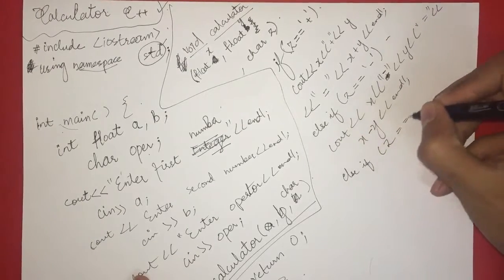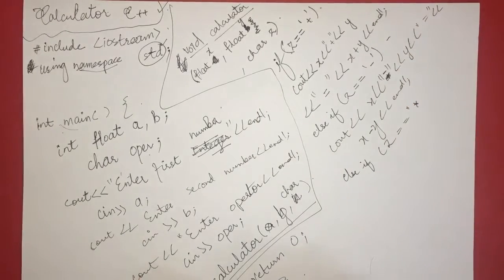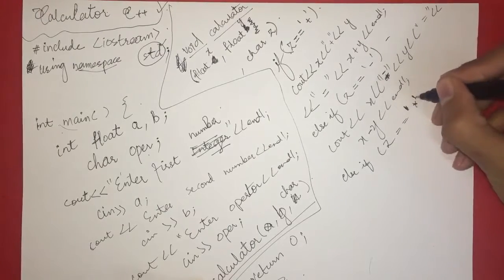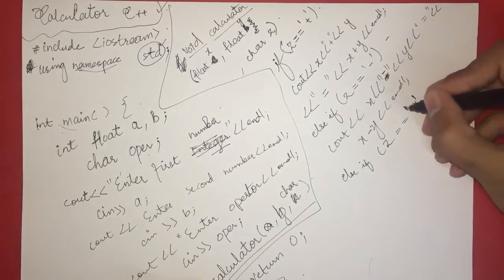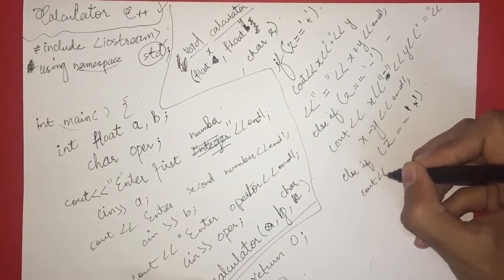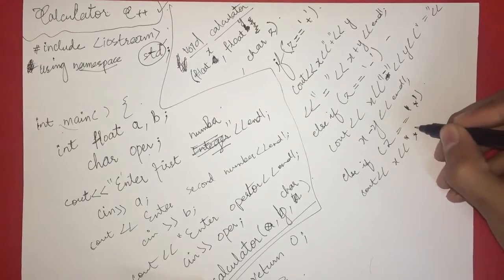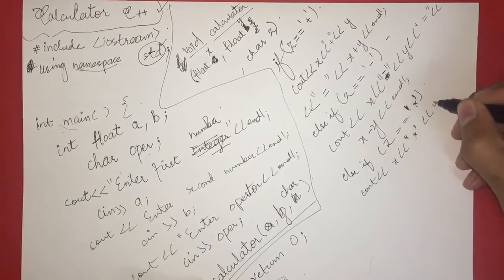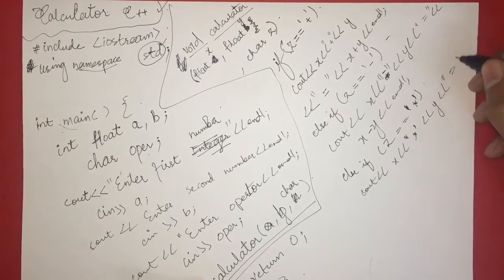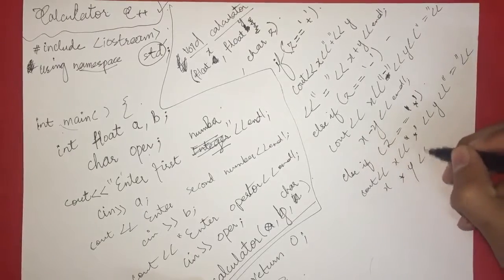z double equals asterisk. In C++ we use asterisk for multiplication. We have asterisk in this, a character is always in single quotes. So here we have cout x asterisk, or when x multiplies by y, with y equals x asterisk y, and